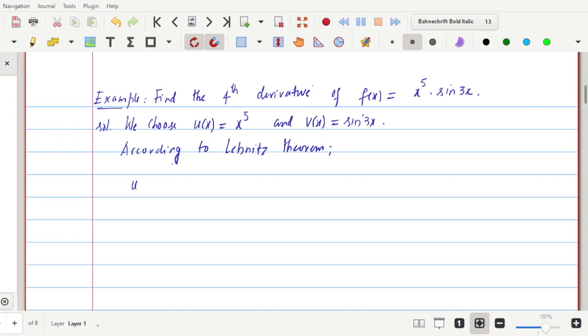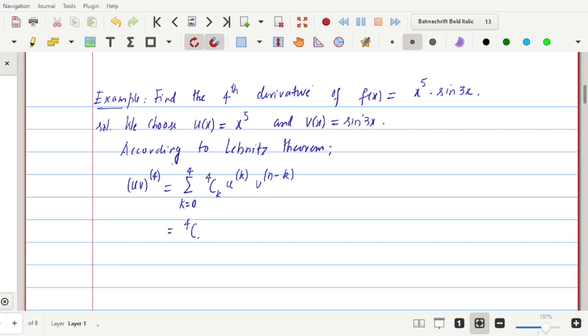So we have the fourth derivative of u into v, this is equal to summation k from 0 to 4. So here we have to take the derivative, from 0 to 4, and if we had to take the nth derivative, this summation would be k from 0 to n. Now here in the Leibniz rule we have n choose k, so for the fourth derivative we can write 4 choose k. Now u power k, that means the kth derivative of u, multiplied by the (n minus k)th derivative of v. Now putting the value of k from 0 to 4, so first we put k equal to 0,